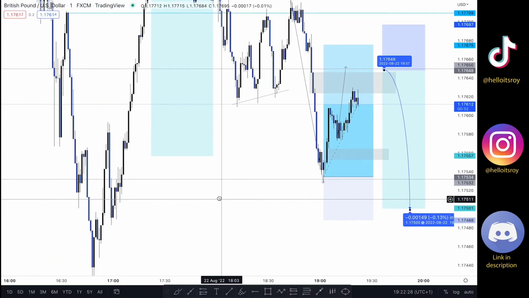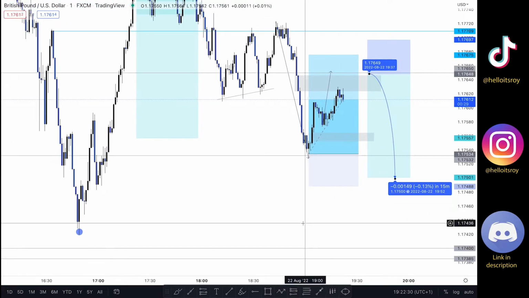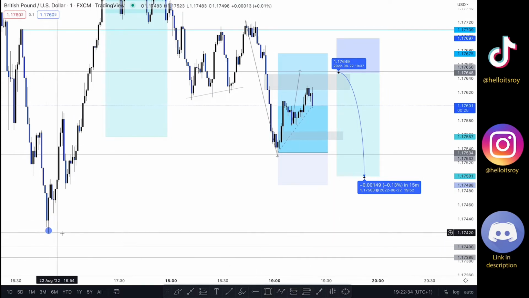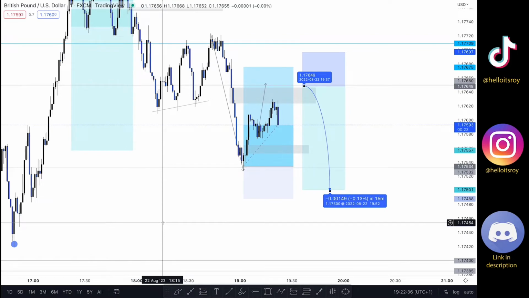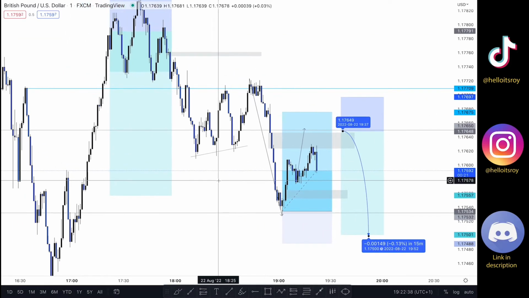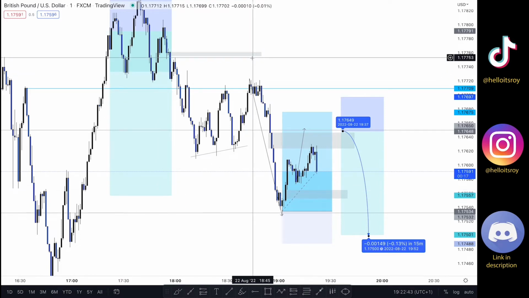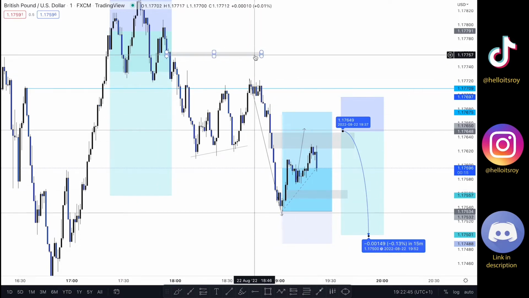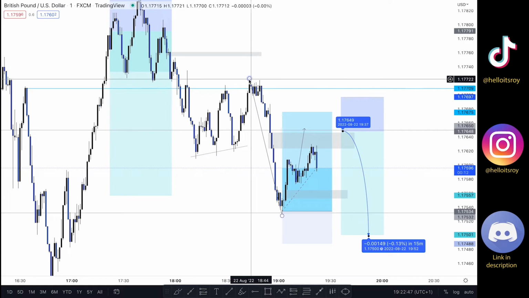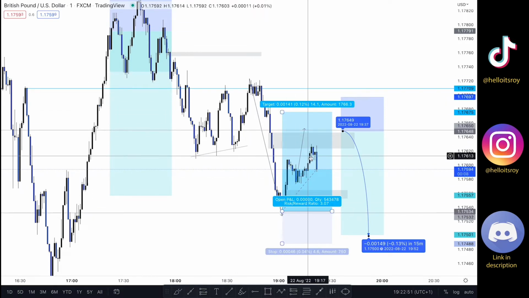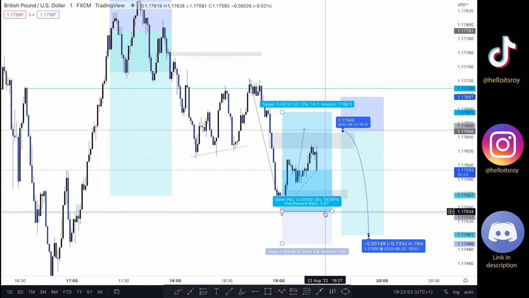Now guys, as you know from my higher time frame analysis, I'm trying to target this area right here, trying to take out this low at least, and I'm just scalping the market. From the moment it got into here, I sold the market, then I tried to sell the market again at this area. However, it didn't get into here. I bought the market around here, closed some partials around here, and then the rest was triggered out. And then I bought the market here, took partial profits here. If the market goes down, I'm triggered out at break-even point.